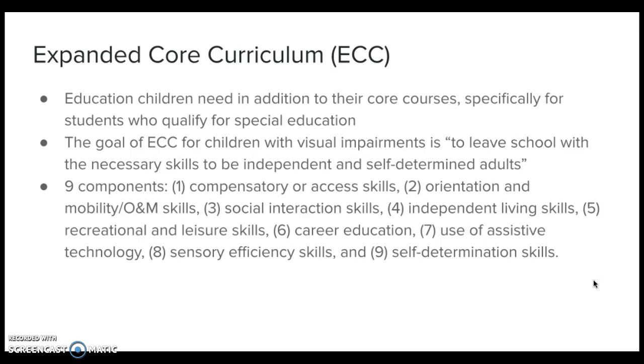The first one, the compensatory skills or access skills, that includes braille, spatial understanding, speaking and listening skills, adaptations. So it's basically the whole person skills, by feeling, by hearing, by speaking, that idea. Orientation and mobility skills, they're built by movement for all students, teaching fundamental skills such as balance, locomotor skills, walking, running, jumping, object control skills. So that's where that ball comes in, like a throw and catching activity.